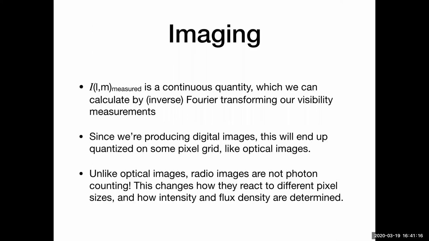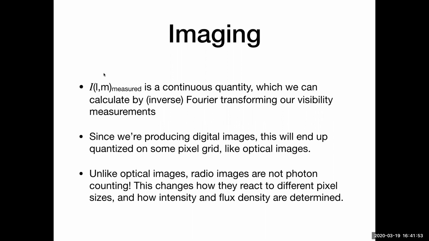So let's talk about imaging, since I promised this was coming up. Based on the definitions that I've given so far, we have this I measured, which is the convolution of the real sky with the synthesized beam. In principle, in terms of the mathematical formalism, these are all continuous quantities. They are continuous functions of position on the sky. And in principle, if you could do the inverse Fourier transform as a continuous thing, you would recover it all